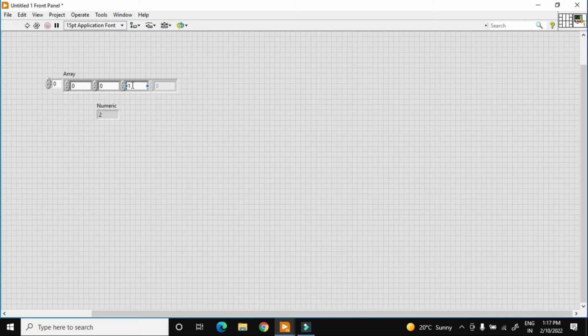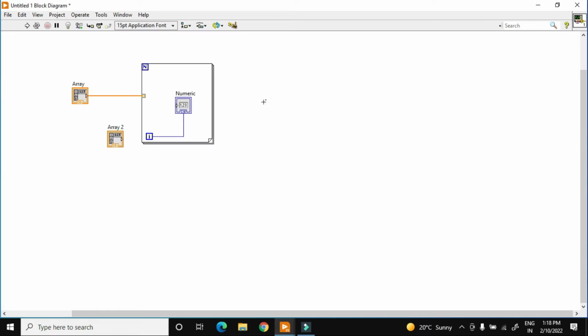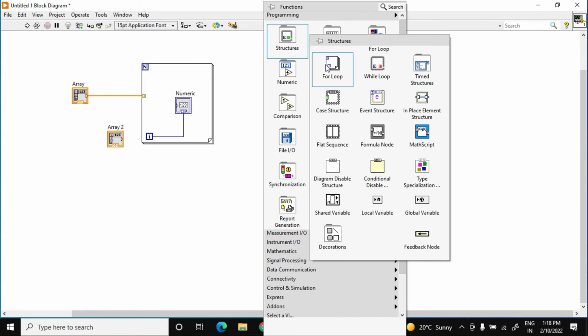Okay, so from here the conclusion is that the number of array elements will decide how many times my for loop will run. So I take another array, I drag and drop this, and in this case my array will contain, let's say, 1, 2, 3, 4, 5 elements. Okay, and in that case I drag and drop another for loop